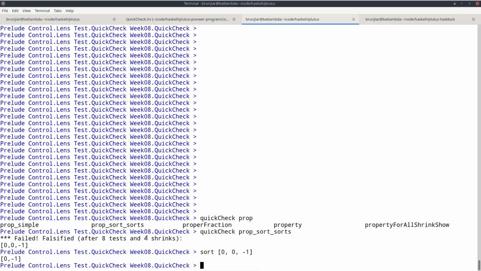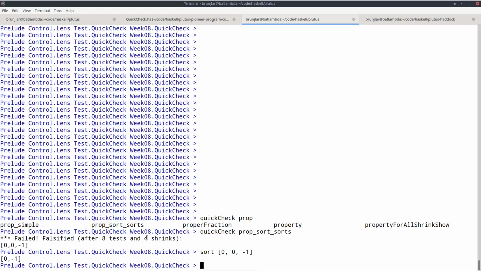But then once a counterexample has been found, QuickCheck tries to simplify these counterexamples. So in the case of a list of ints, it might try to drop an element of the list that it found as a counterexample and check whether the property is still violated, or maybe make some of the numbers in the list smaller, until it doesn't find a way to get an even simpler example. And this is really very powerful and very useful, because if you want to debug, it's very important to have not only a counterexample, but a simple counterexample, as simple as possible. So it's this combination of random test generation and shrinking that makes QuickCheck so tremendously useful.